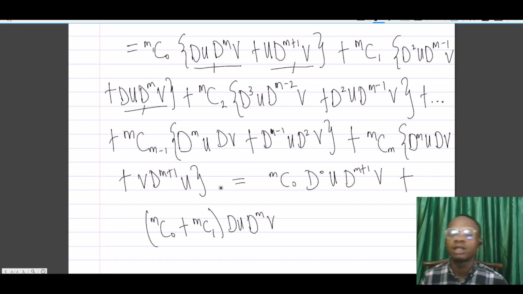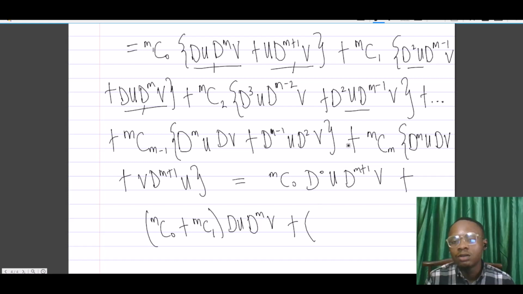So we're good with that. Then we look at the next term. If there are other terms that we can put together, this is the square u, the m minus 1. So the square u, the m minus 1, and that is the same thing as what we have here, the square u, the m minus 1. So if we put those two together, we're going to have this to be